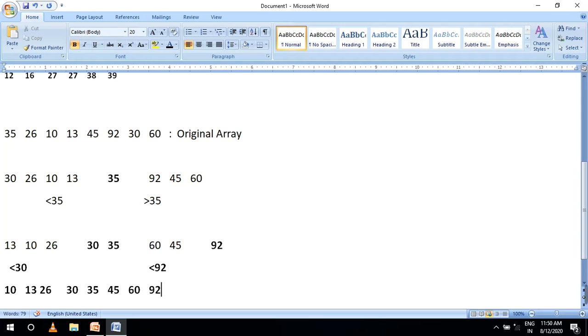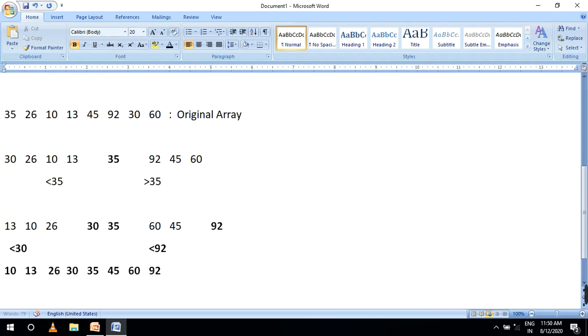This is the logic if you are declaring quick sort. In these options, I'm taking 26, so you have to understand, less than 26 I'm taking. Otherwise, less than 13 you are also taking.